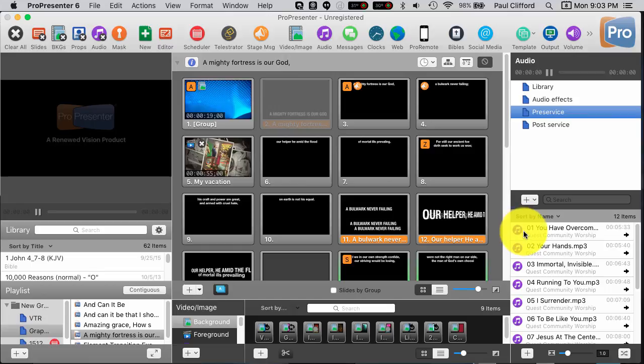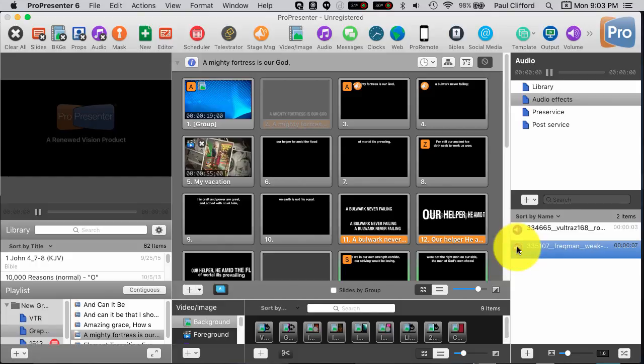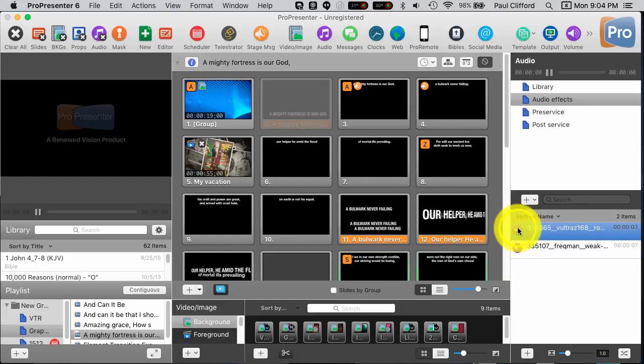So if I were to click on this, which I'm not going to do because of copyright and rights and such, then the next time that I clicked on something else, it would replace it. So that's what that icon means. When it comes to audio effects, though, I can play as many as I want. So we're hearing that,